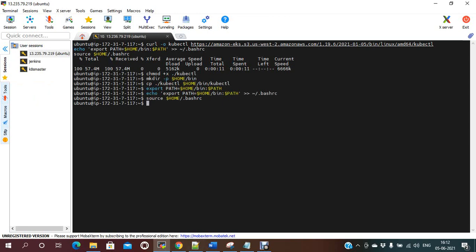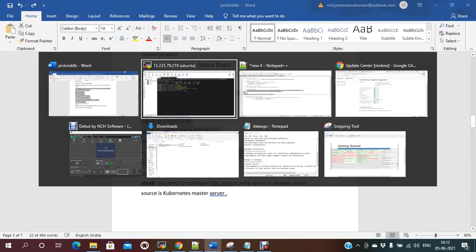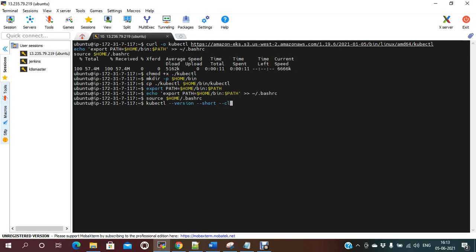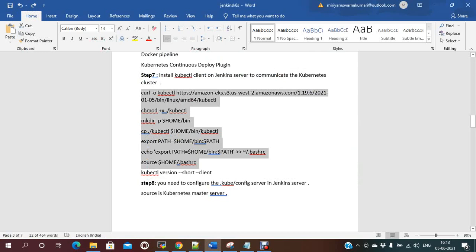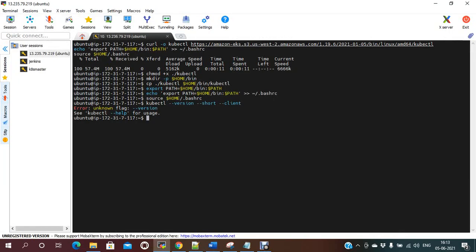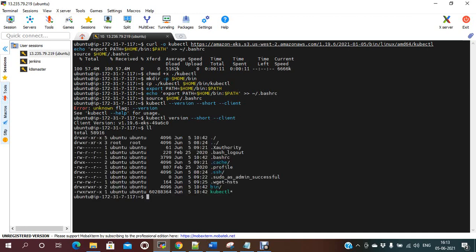Okay, let me check the kubectl version, with the client flag. The kubectl version without that flag is not required. Kubectl installed successfully.